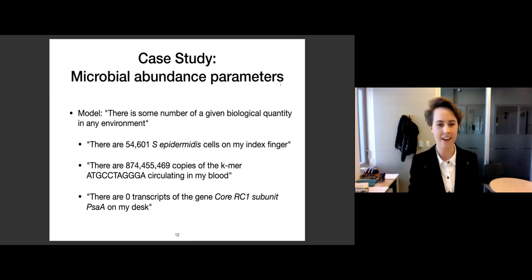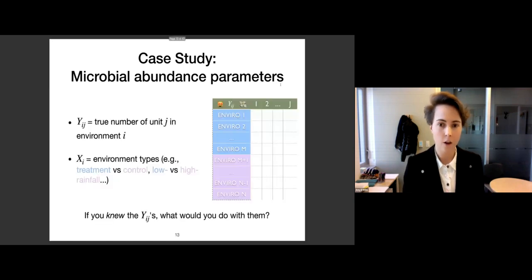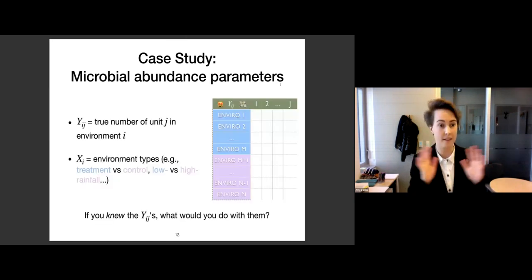gene transcript. Okay, so you would pick which of these contexts you're working in. Are you thinking about organisms? Are you thinking about k-mers? Are you thinking about transcripts? Are you thinking about sequence variants? And so on. Okay, so let's think about what that data might look like, what that set of parameters might